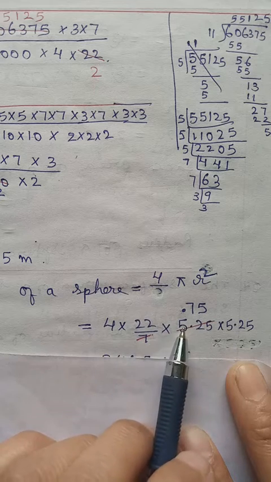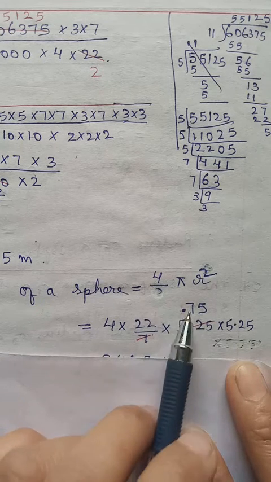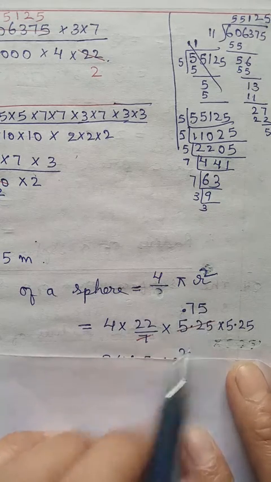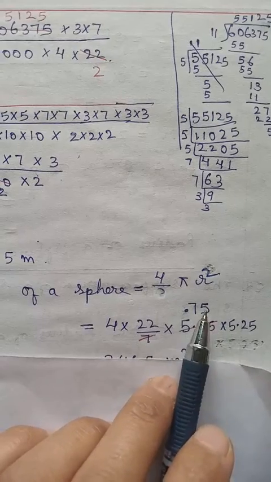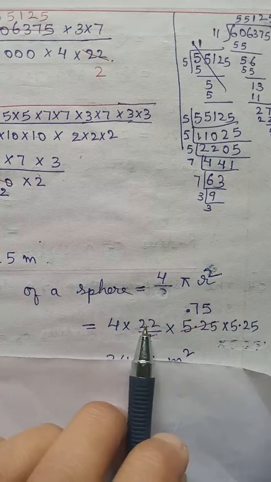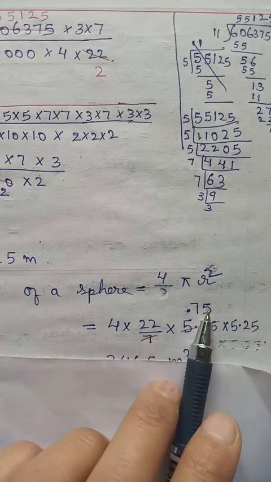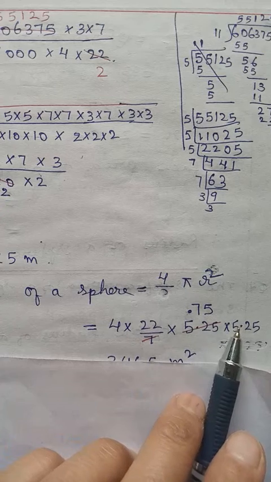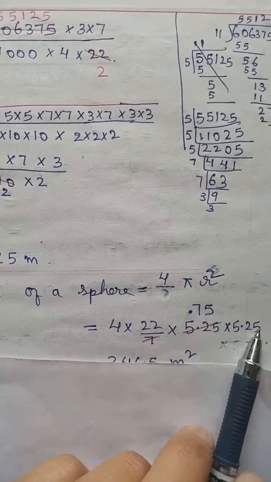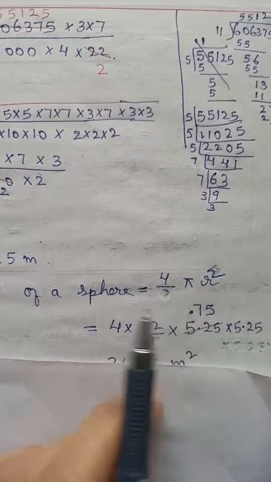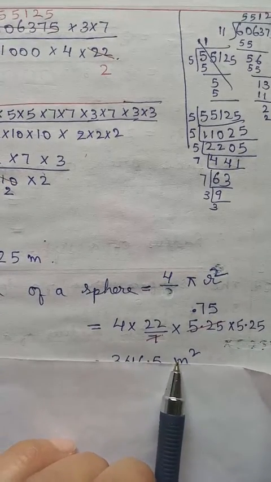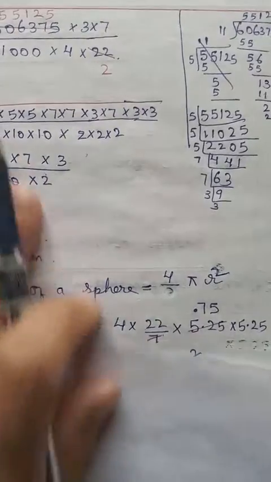So here 7, you can cancel with this one. Because 7 is greater than 5, so we start with decimal. 7, 7, 49. 52 minus 49, it will be 3. So 7 in 35, it will be 5. So now we finish to cancel. You can multiply yourself. 4 into 22, 88. 88 you multiply with 75. What you get multiply with 5 to 5. Okay, after you multiply, you count. How many numbers after decimal? 1, 2, 3, 4. So whatever you get, that will be the answer. It is the surface area. So remember, the unit will be meter square.